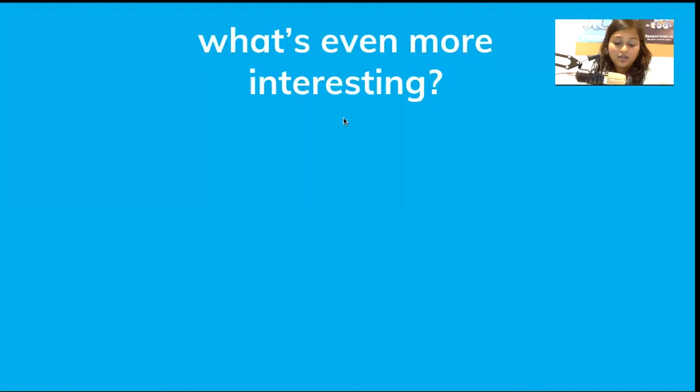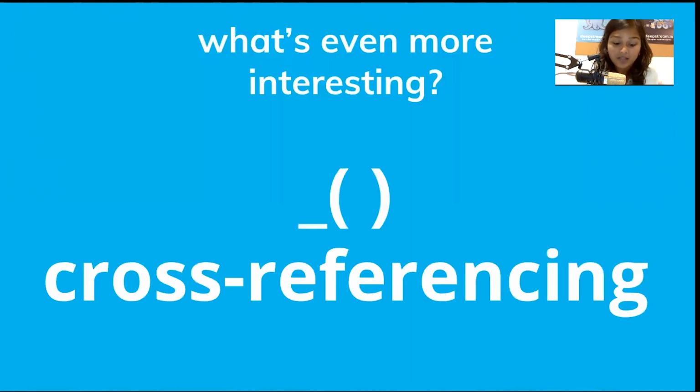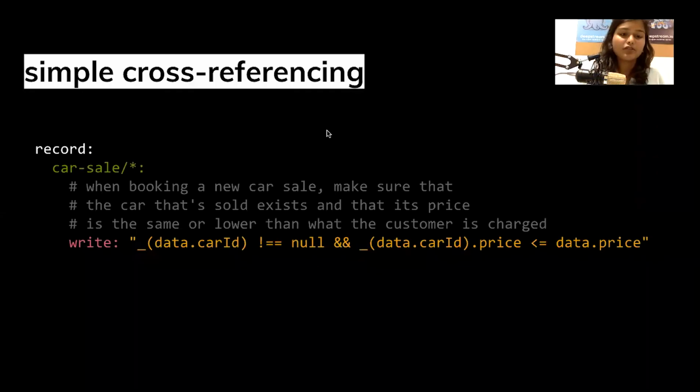Cool. Now, what's even more interesting than all the permissions we've been looking at until now, we have a very powerful feature in Deepstream called cross-referencing. What is cross-referencing and what would you use it for? Cross-referencing, as you can see, the syntax of it is an underscore and a pair of parentheses. You will utilize cross-referencing to reference a different record within your permission rule concerning a particular client. Now, I'm not sure if what I'm talking makes sense until we look at an example, right? So here's an example of a simple